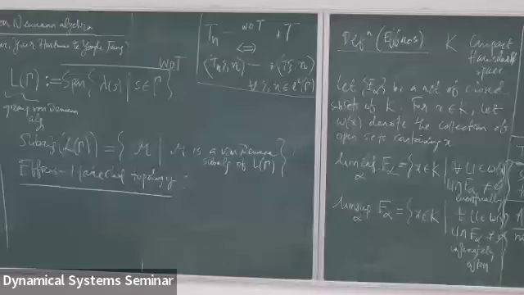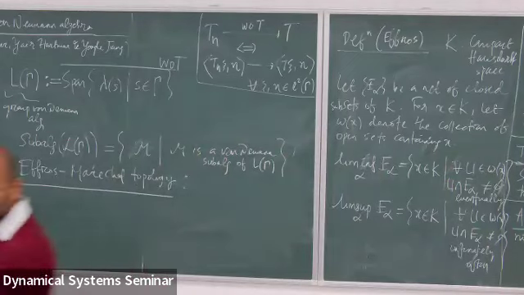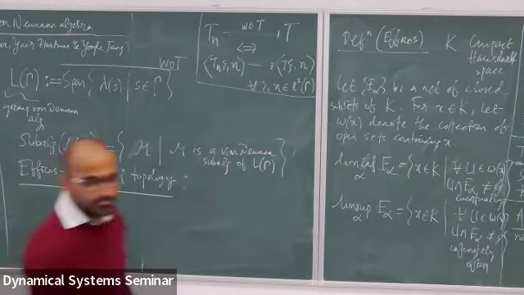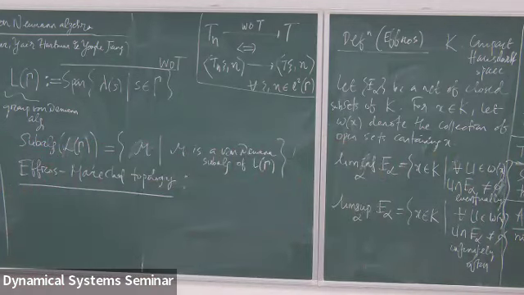Question: when you say a net of closed subsets, is it all subsets? No, just any net of closed sets. So given a net of closed sets, we can define this lim inf or lim sup. And when you say net, it means a collection just given one set inside another? No, just any collection. There's no relationship between the E alpha. I see.